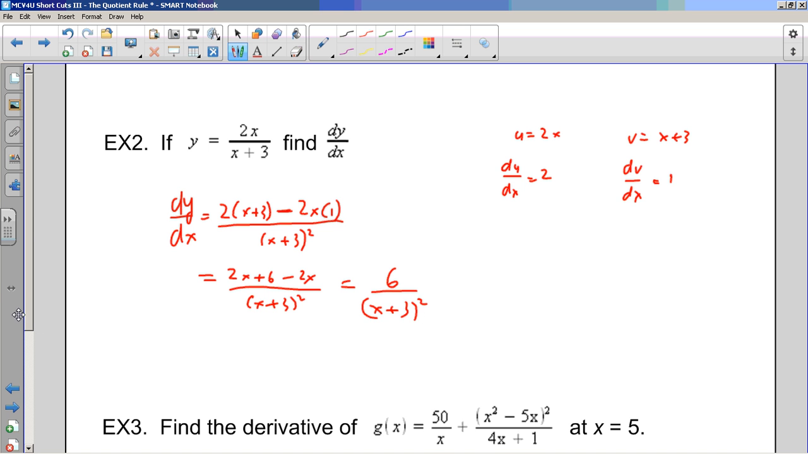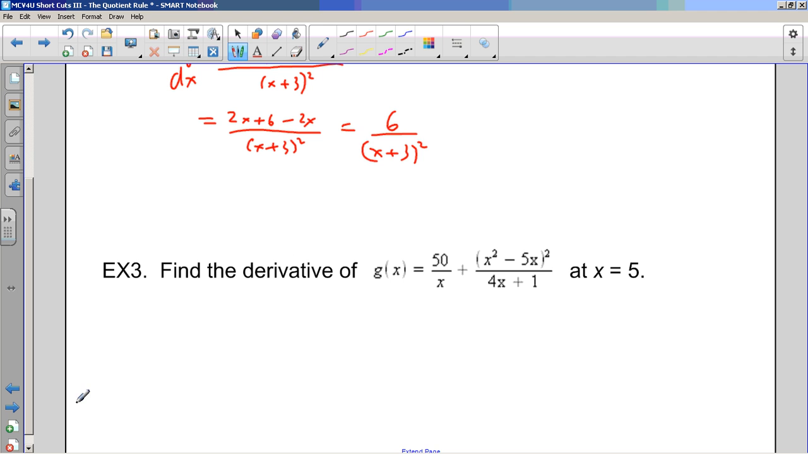Easy. Example 3. Find the derivative of that at x equals 5. Notice that two pieces. I could tackle this in any number of ways. It might be your instinct to multiply this out, get a common denominator, and so I'd get g of x is equal to one polynomial function over another polynomial function, and then I can use